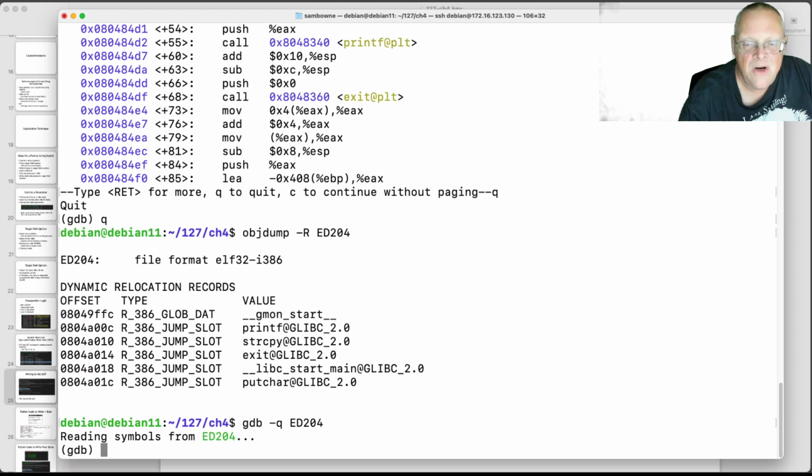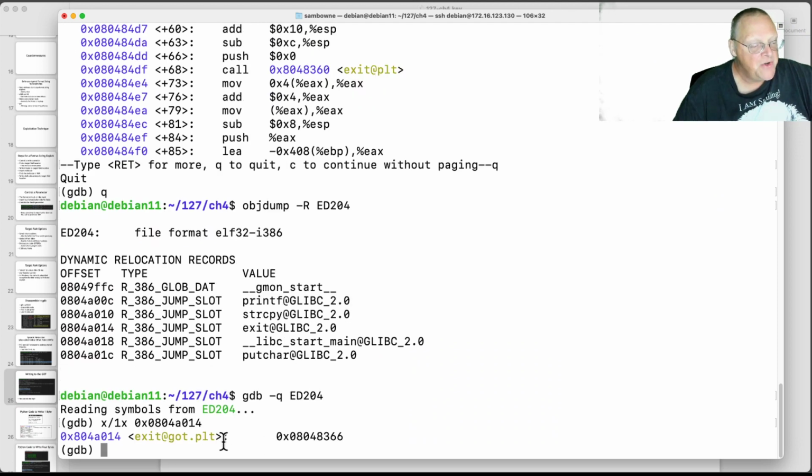Okay, and now we're going to examine that location that points to exit with x/1x 0804A014. And you see it's exit at the global offset table, procedure linkage table, I think is what they call it. Exit is here, 0804, that's where it goes to. Now I'm going to run the program with a format string parameter that will overwrite that variable.